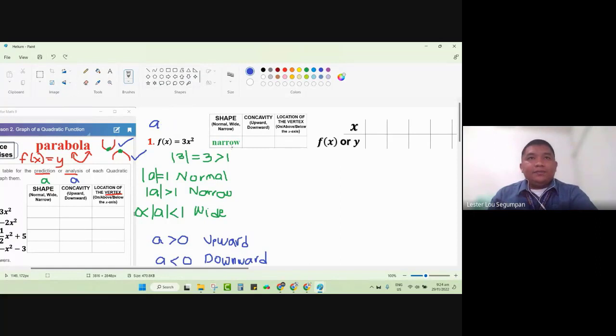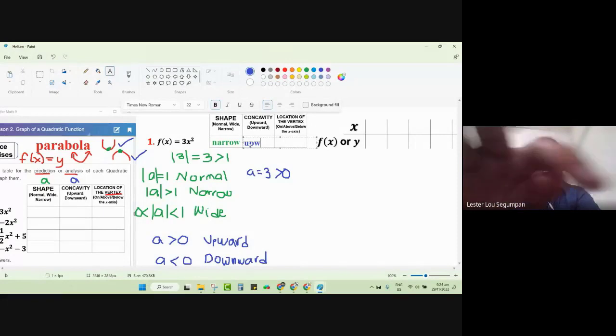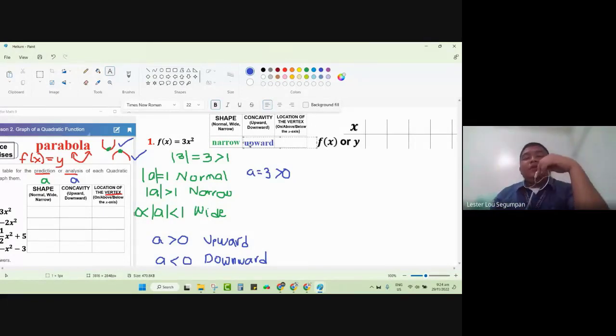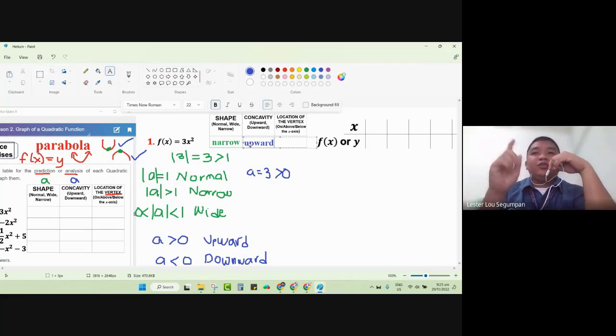Let me write it here. The A coefficient is equal to 3 and it's greater than 0. We are expecting that this parabola should open upward. If we are going to graph later, the graph should be a narrow parabola and it should be opening upward. If our graph will not show that, that would mean we have committed a mistake in understanding or predicting what